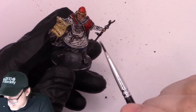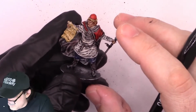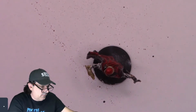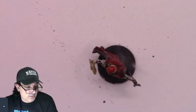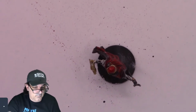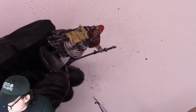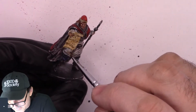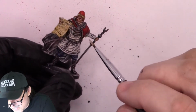He's got some nice... I almost would leave his shirt exactly the way it is. I might just give it a little bit of a white layer color. I have this Screaming Skull layer paint. I'm just going to use this to do just a little bit of highlights. I think this is already a very similar color, so